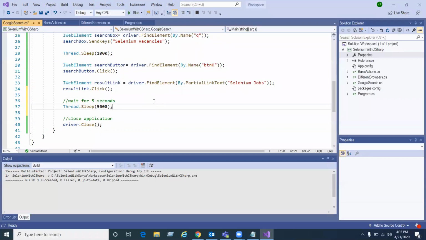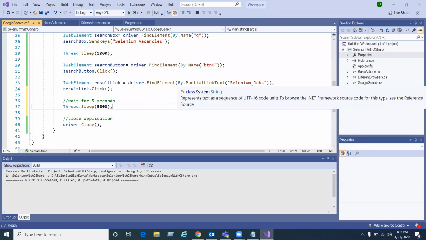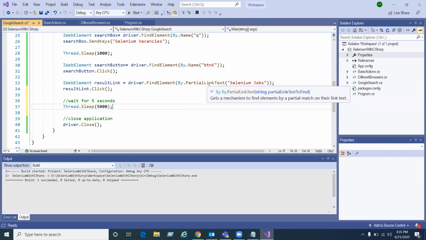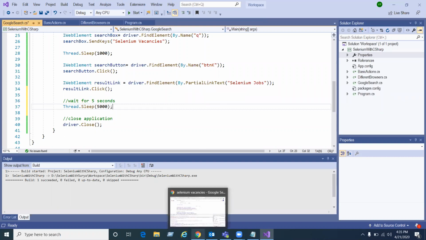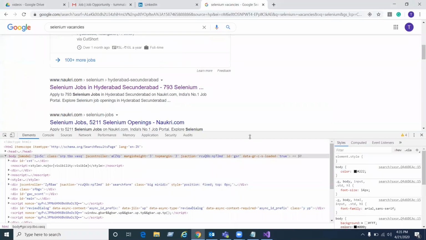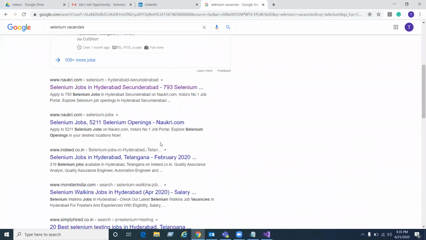That is fine. But from the application's point of view, there are so many Selenium jobs links, so which one is it trying to click?